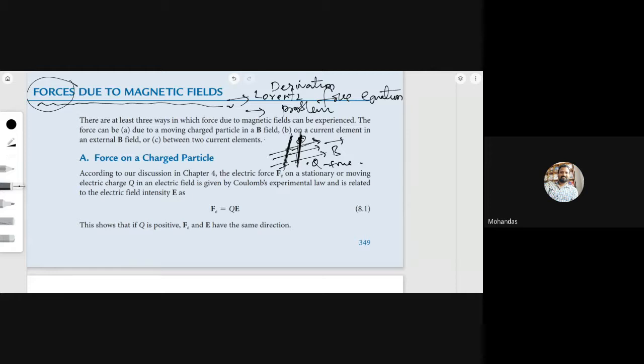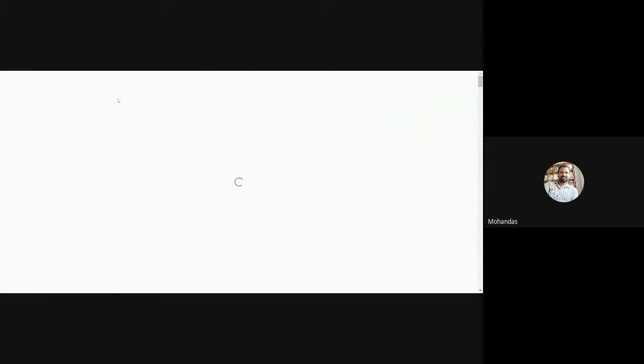Let me talk about them one by one. First one is force on a charged particle. Charged particle means charge q. The charge may be plus q or minus q. So let me take a whiteboard. If there is a plus q,